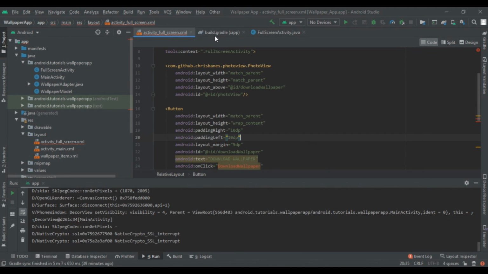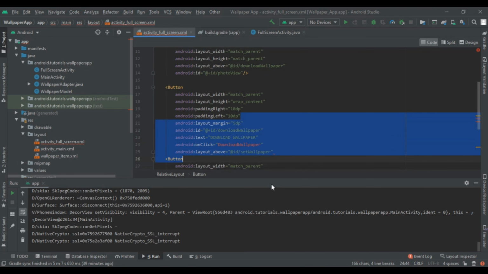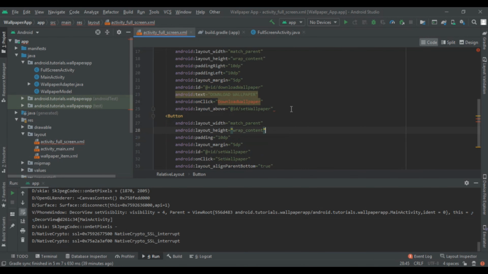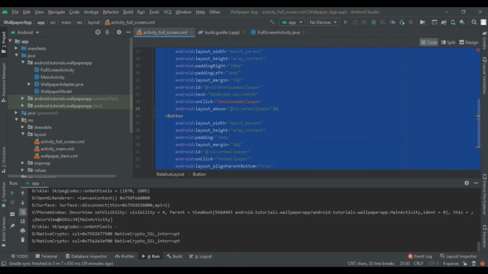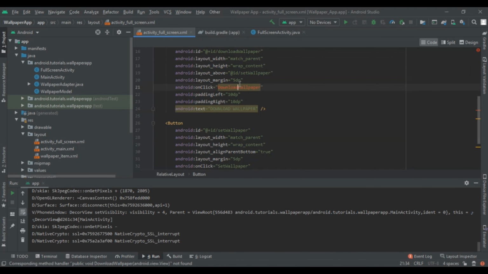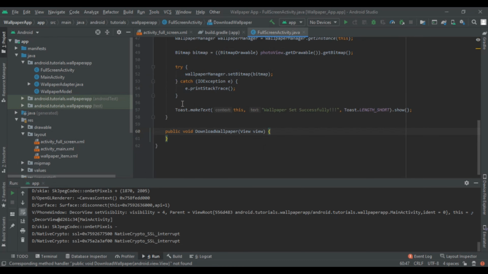Now we are going to move to this onClick method and generate this method in our project. But before that we have to close this, press Ctrl A and Ctrl Alt L to align this code. And after that click on this method, click on the red bulb and then add this download functionality into our application, sorry, in FullScreen.java. And now here we are going to start our process.